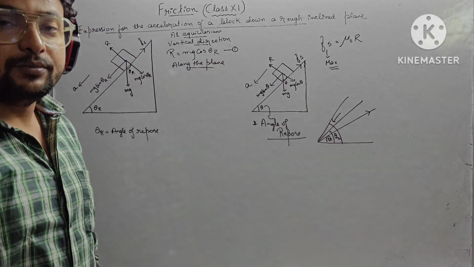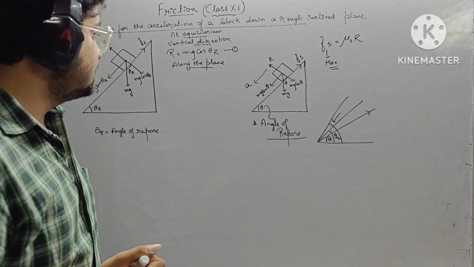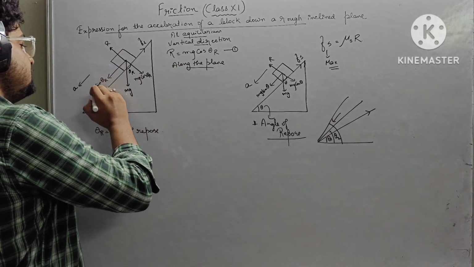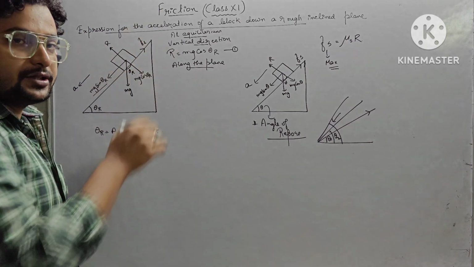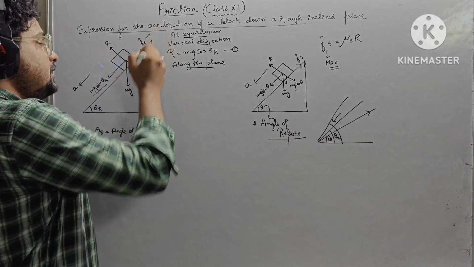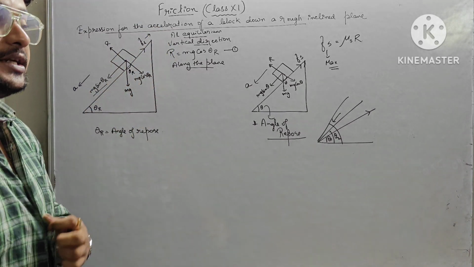Now I have shown you in the free body diagram how to calculate when more than one force is acting on a body. In this particular body, mg sin theta is acting in this direction and friction is acting in this direction. Which force is greater? I said that